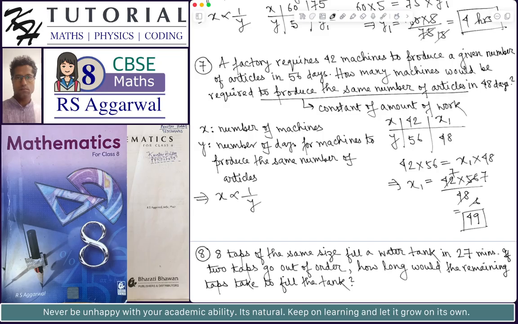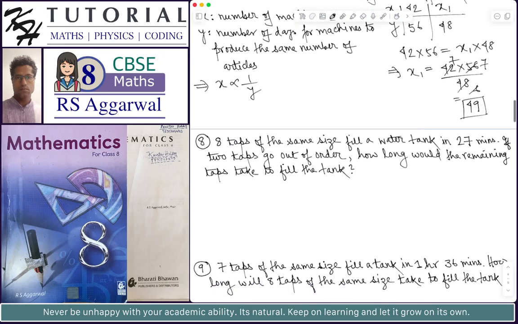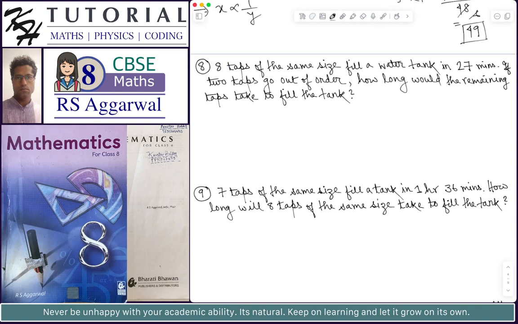Okay, let's do problem number 8. 8 taps of the same size fill a water tank in 27 minutes. If 2 taps go out of order, how long would the remaining taps take to fill the tank? Now, this is also the same pattern, that is men, work and